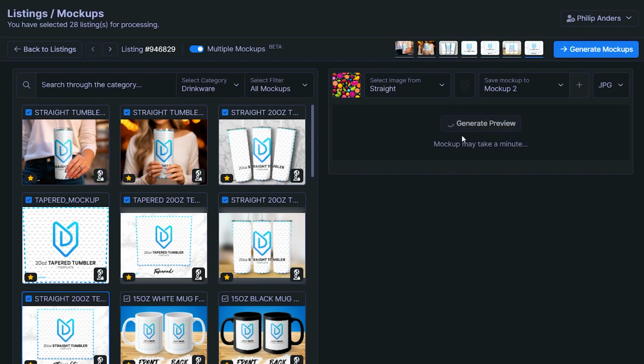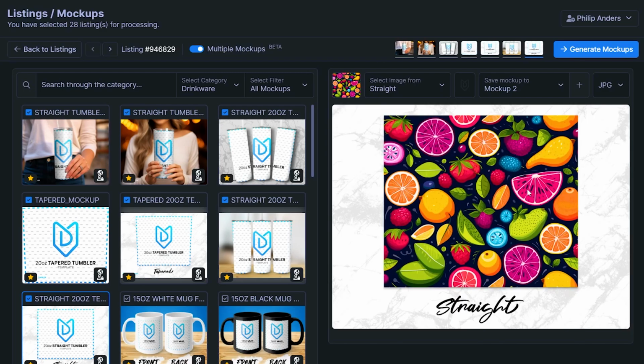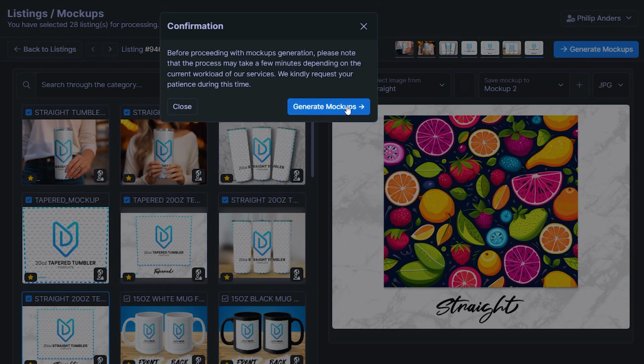You can also generate previews if you want to get an idea what these mockups actually look like. There we go. So this one essentially shows the customer that they're going to get a straight version for tumblers, and there's another one in here that will show them the tapered version as well, with the lettering of tapered underneath. So once you're happy with them, all you have to do is click generate mockups, click generate mockups again,